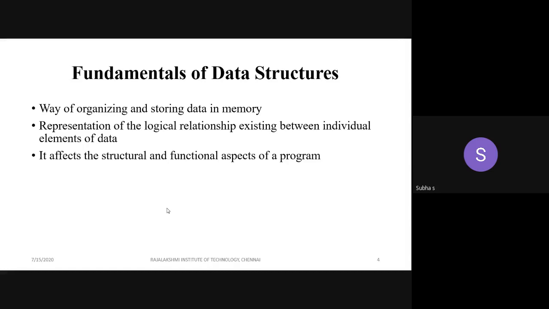Yes, hope you all follow how we are organizing the data. For example, let us take the class itself. We have divided it into A section, B section, and C section. Assume that if there is no section and no department, all students of RIT would be in one place.